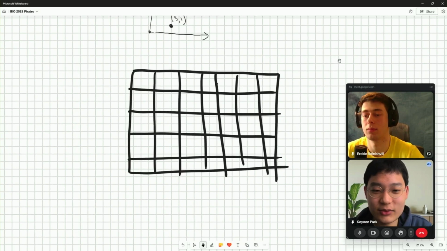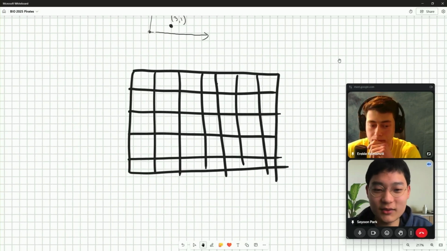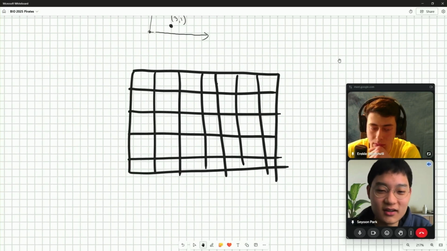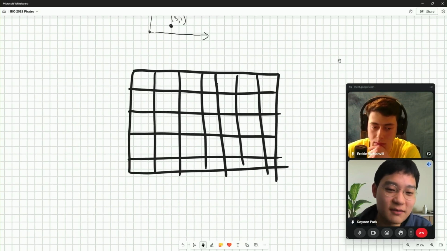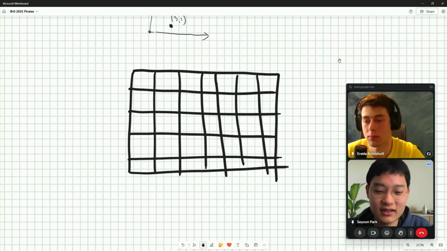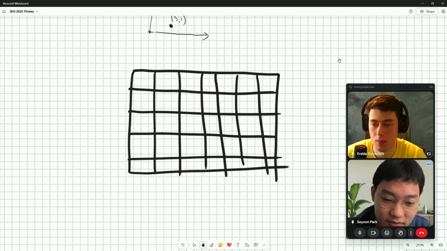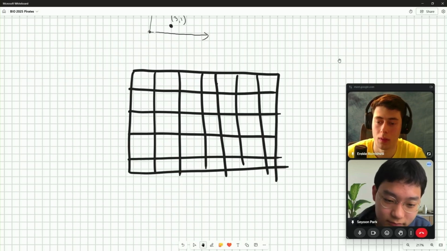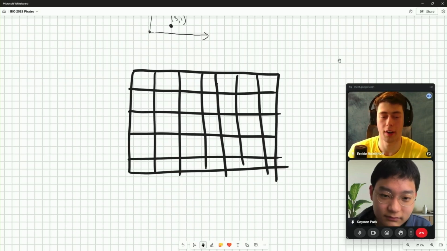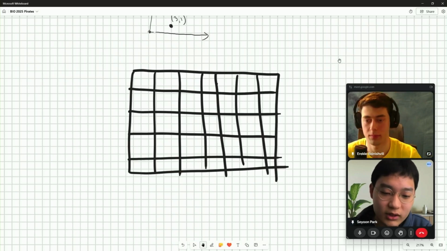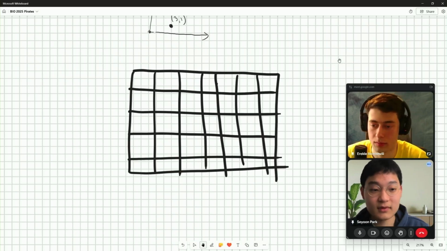You're given a rectangle just like in the question, and you want to count how many ones are in the rectangle, so you want the sum of all the values inside that rectangle.